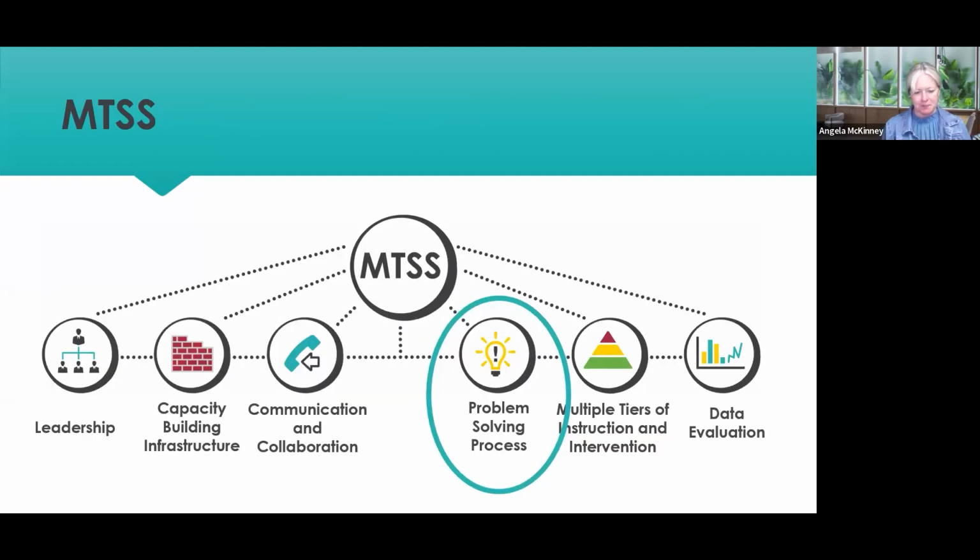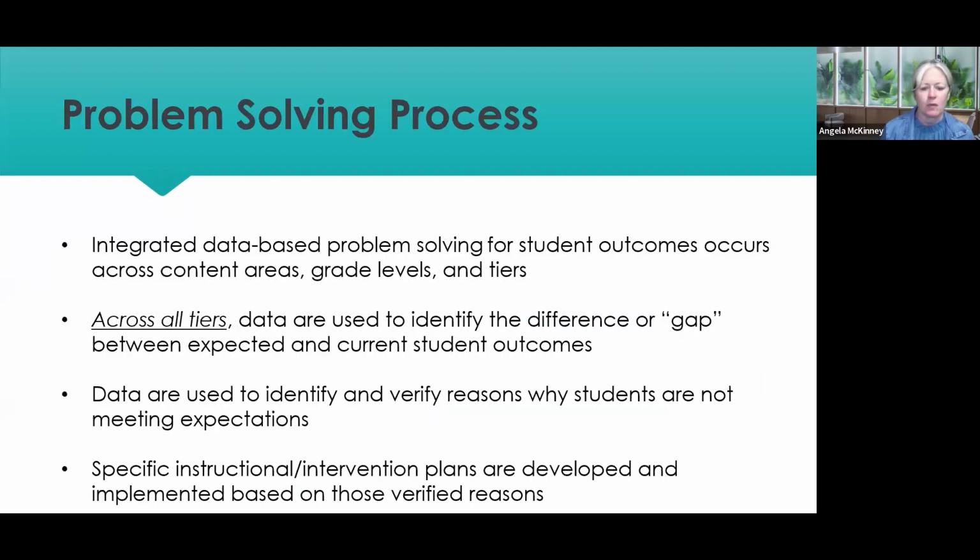With problem solving, the idea here is have a process. That really is the bottom line when it comes to problem solving, that we're using a problem solving process. And there are lots of different models out there, from a very simple one: first we're going to identify the problem, then analyze the problem, then develop interventions and put them in place, and then look at the outcomes. We're going to evaluate the process as a whole. And it's usually a very cyclical process, where we're constantly in some form of that problem solving.